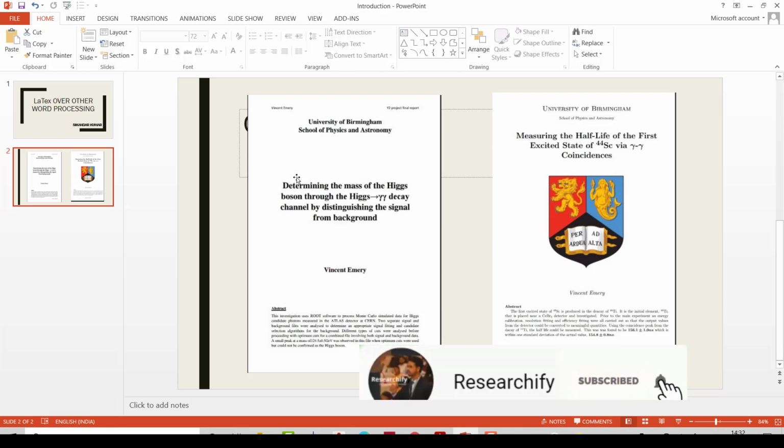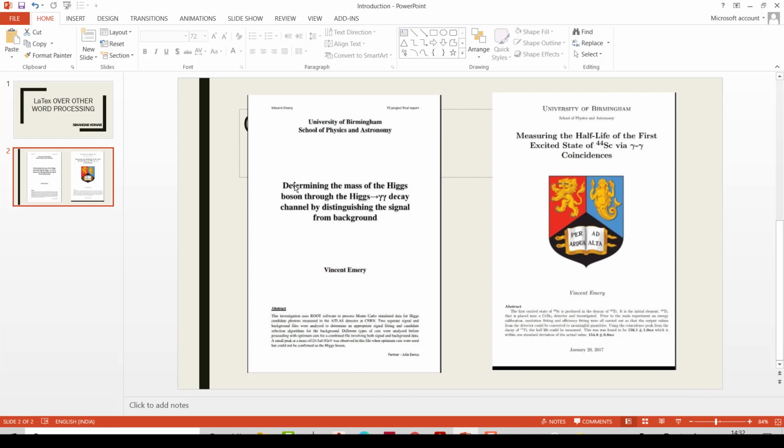You can see the font in MS Word is somewhat different from LaTeX. Also, in this first report, inserting an image is somewhat difficult, and once you insert an image you have difficulty making the alignment or centering it, but this is not the same for LaTeX. You can see in this case the logo is inserted with perfect alignment, so you don't have to worry about alignment. These are some of the features of LaTeX.